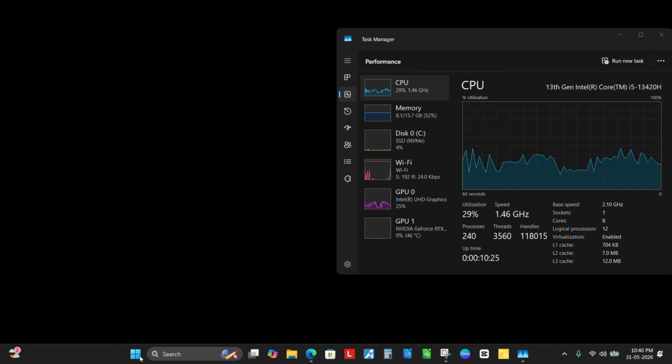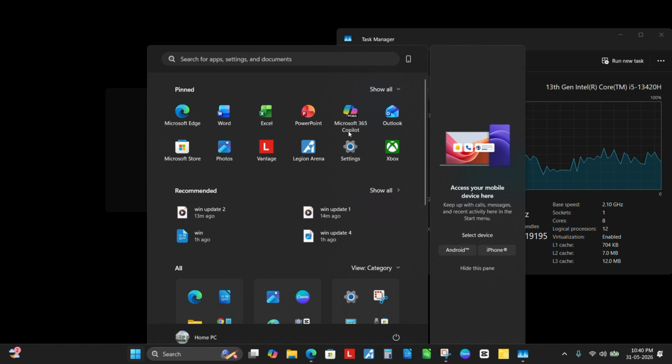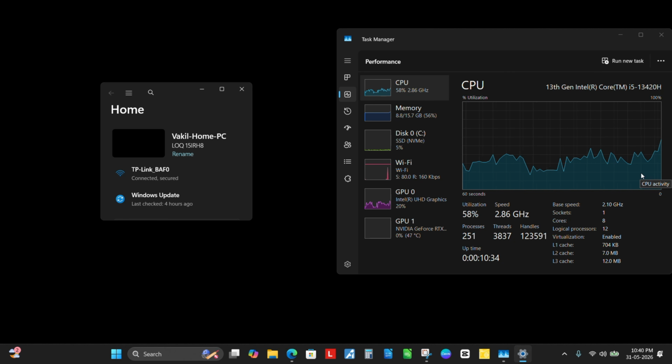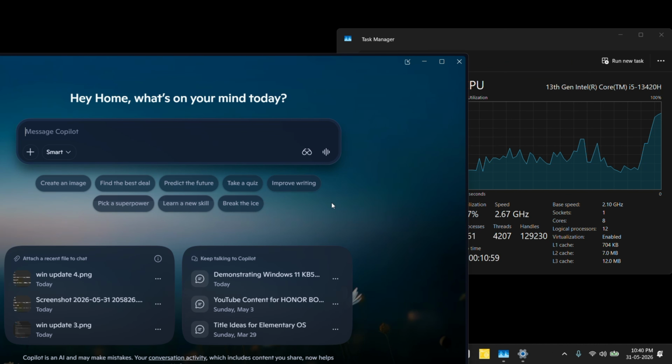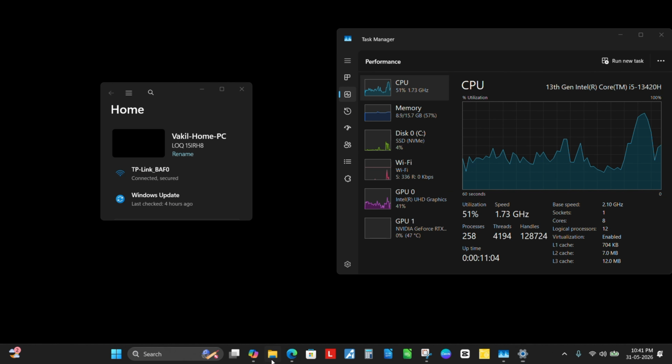If I open settings, you can see the system response increases and the settings page opens. As you can see here, it has spiked because the low latency profile is raising the CPU processor clock speed to the highest to improve app opening. You can see this app opening in all the profiles. I have opened Copilot now. You can see here the app response time was very low and you can see the spike here. And this works in the browser's